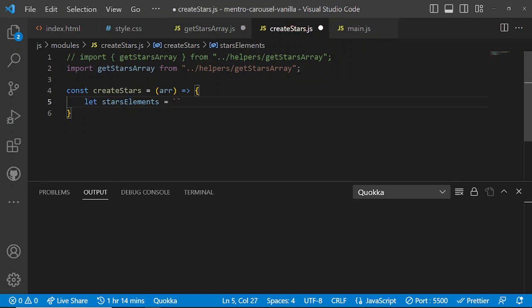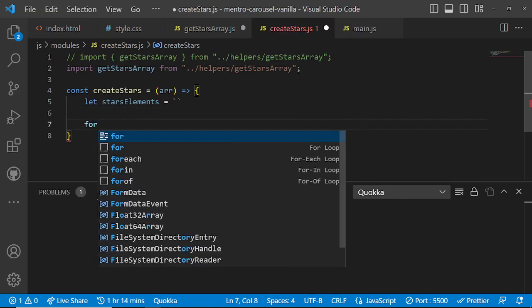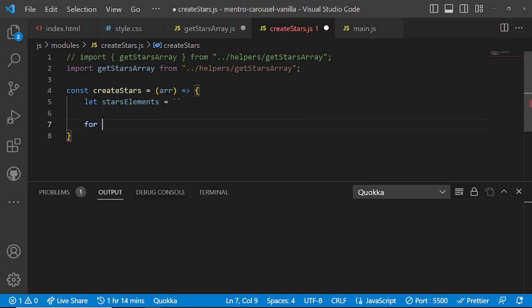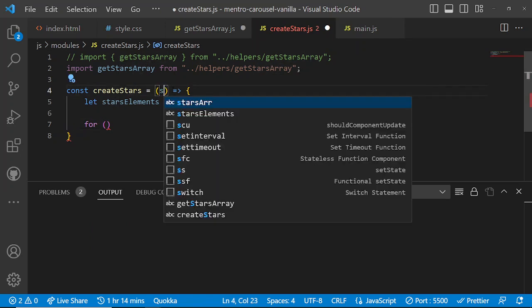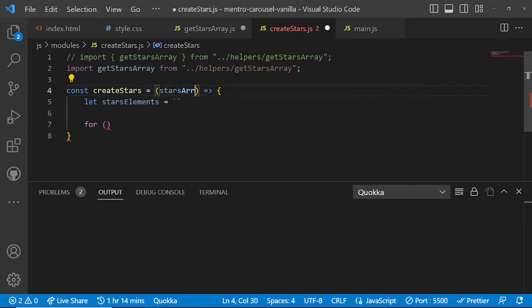And then a for loop on the array. We can call this stars array just so that things are clear. So for let num of stars array